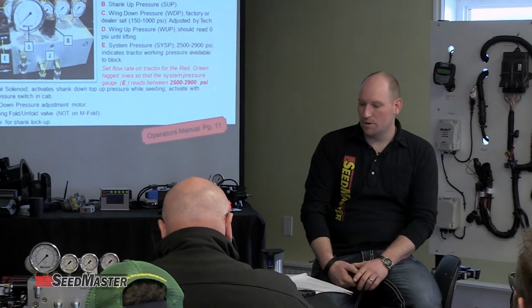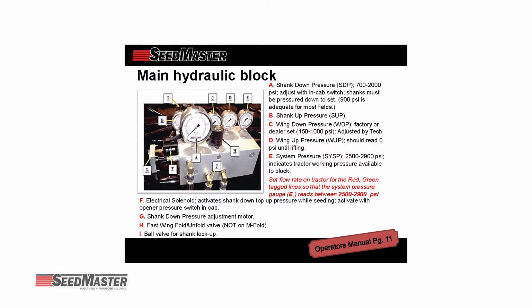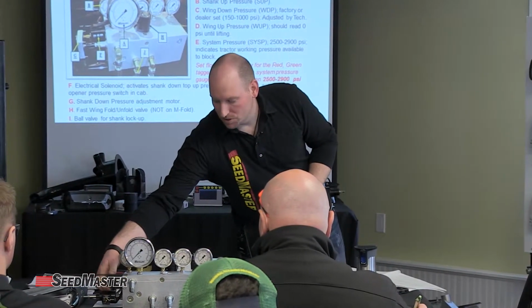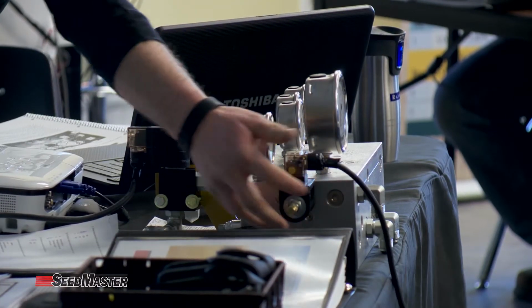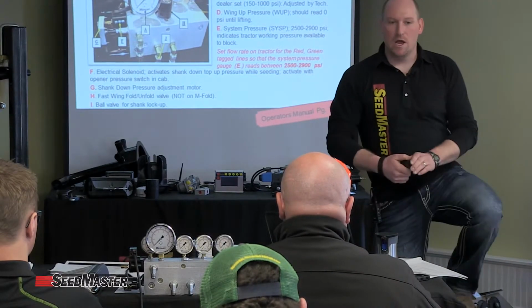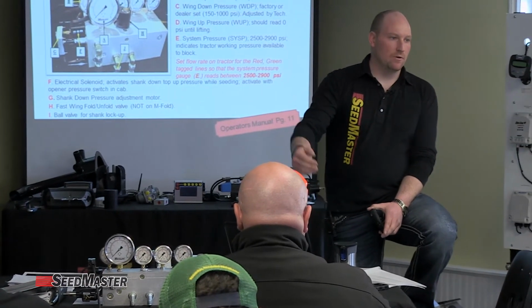From there we have F, which is a solenoid valve, which activates the seating or the shank down top-up pressure while seating in the field. It is activated with the opener pressure switch. So this solenoid on the side of the block right here is your actual solenoid valve, which is supplying the top-up oil. That's why when we put the openers down with the remote on the tractor, that remote should be